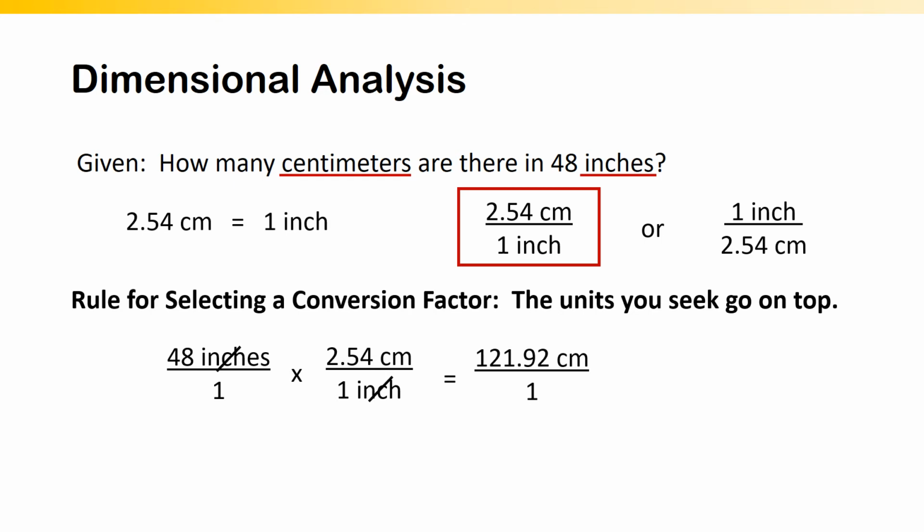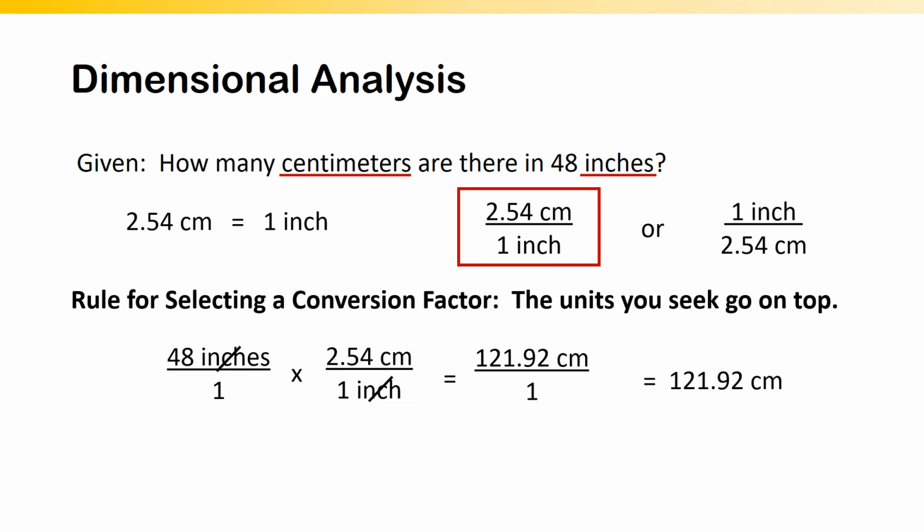121.92 centimeters over 1. At this point, we're going to divide the numerator by the denominator, which is going to be dividing 121.92 centimeters over 1, and our final answer is